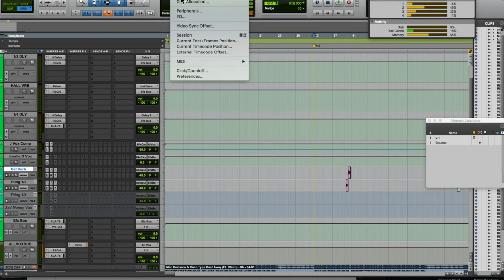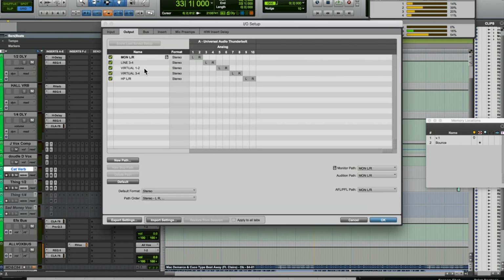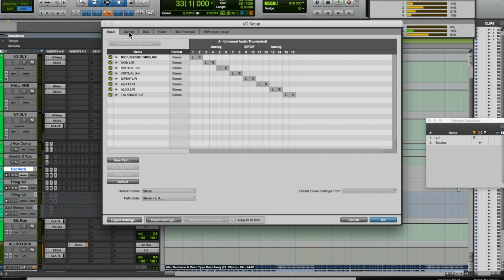But to really check in on your I/O, you go to setup, you go to I/O, and you can see what's going on. You can view it. And I think one of the biggest mistakes that people always make is they just view input and output. But this is where you run into a lot of hoopla. So it's always good to have your default set, or just your I/O that you love set up. But in order to actually get rid of all of the weird names and the things that just pop up from other people's templates and other people's sessions, and all the inputs and outputs that you're using,